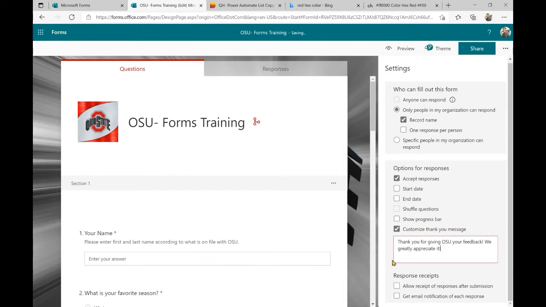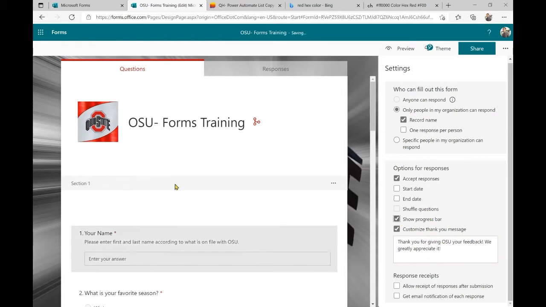And maybe you want to have something like, thank you for filling out this form. A person will contact you, or so-and-so will contact you within 5 to 7 business days, or whatever message you want the recipient to see once they know their form has been submitted. Just letting them know maybe what will happen next, how long they should wait for a response, who to reach out to if they don't hear anything. You can put that kind of information here.